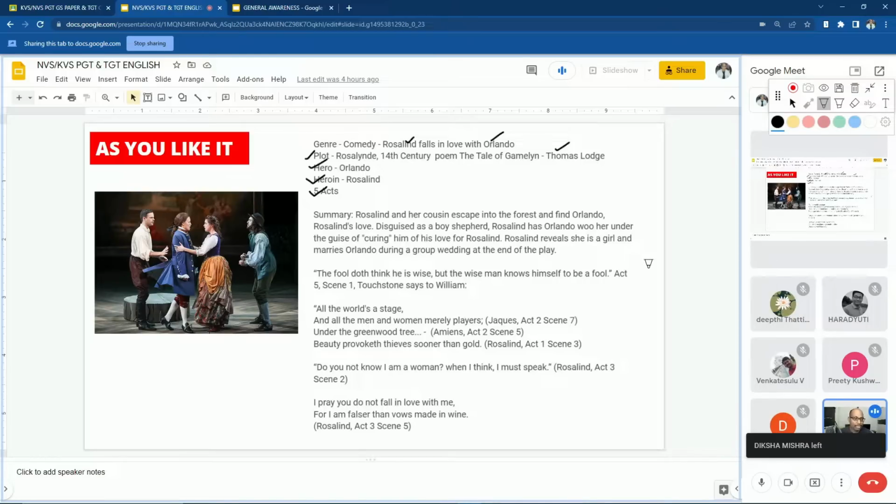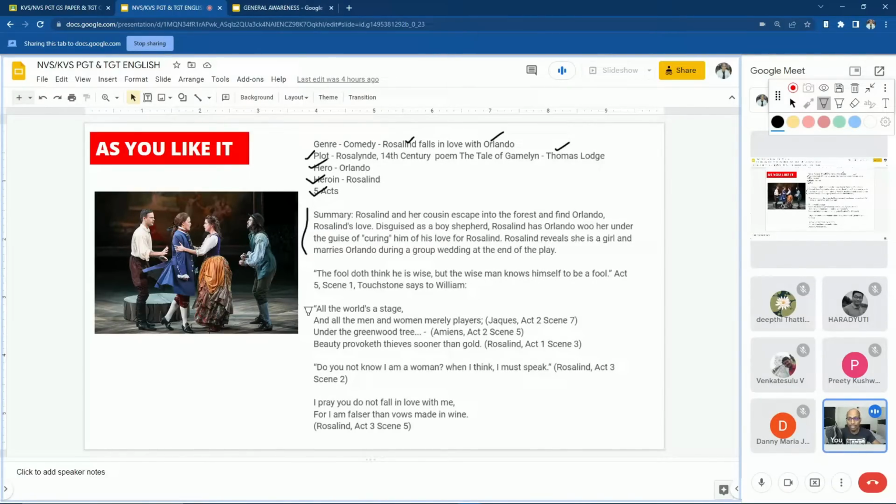Rosalind reveals she is a girl and marries Orlando during a group wedding at the end of the play. So this is a simple summary, but there is much to explain. And then we will go through some important examination points. There are some very famous lines,